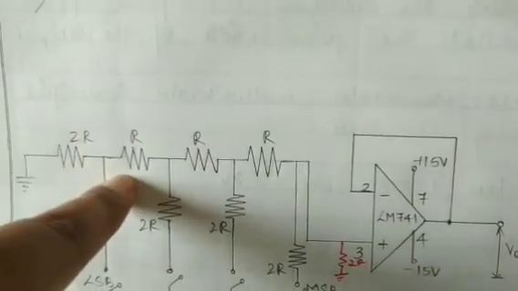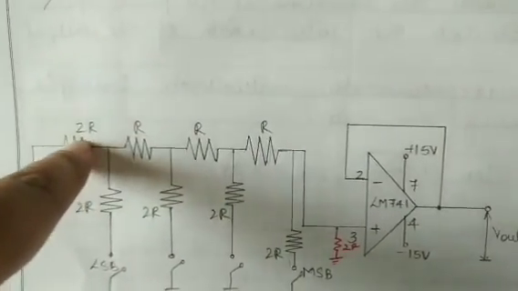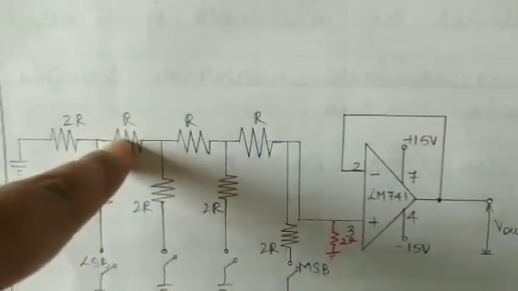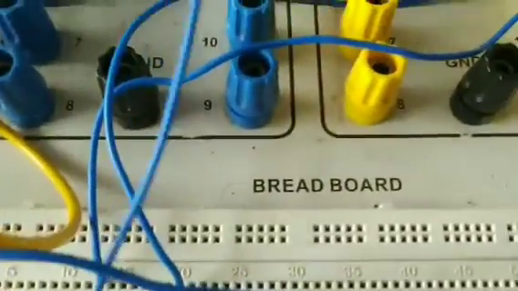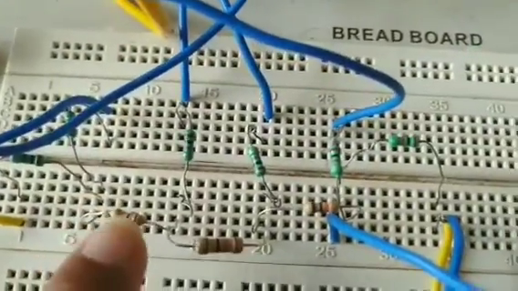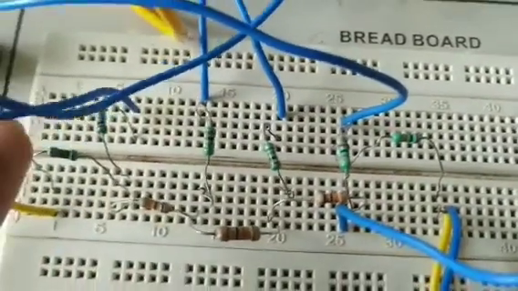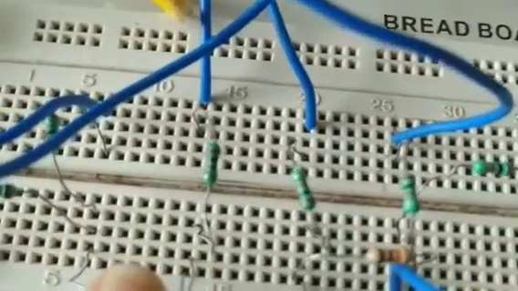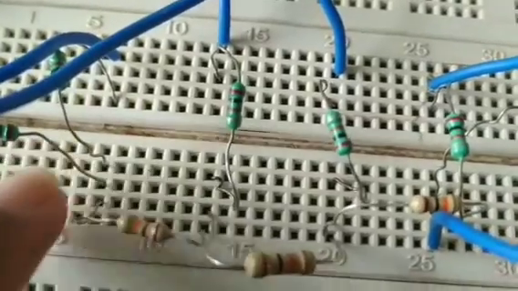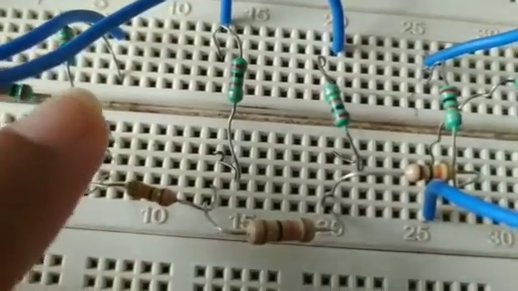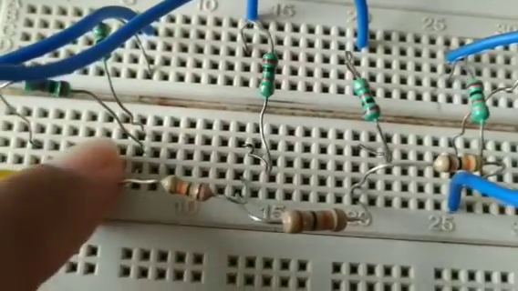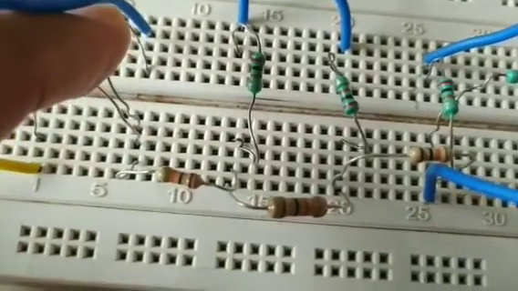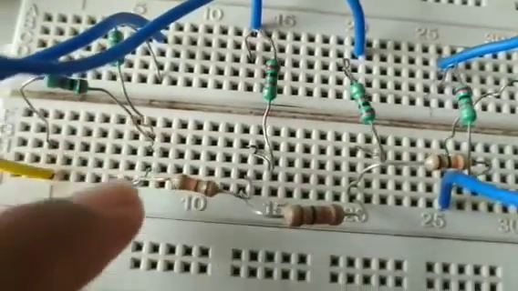Okay, now to that same other end of 2R we had one more R. So that is 10K. So other end of this 20K goes to one 20K, which we have already connected, and one 10K. So 10K is this resistor, which is also connected to other end of the first 2R. So this is 10K, and you see I have connected it horizontally. Okay, so now these three connections are: first 2R connected to another 2R and 10K.